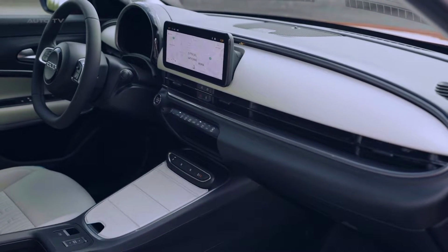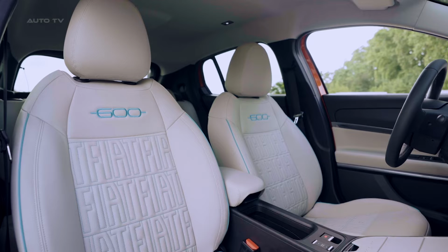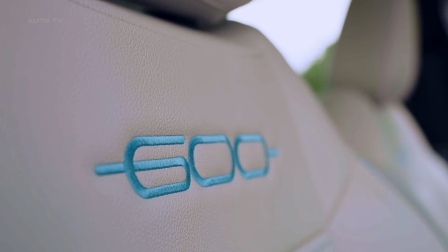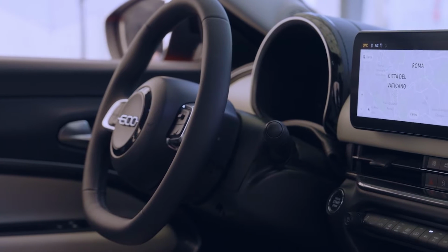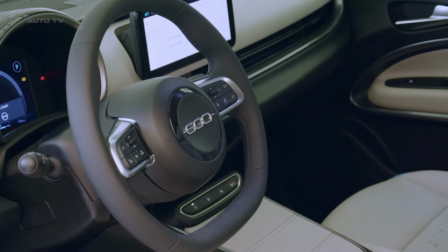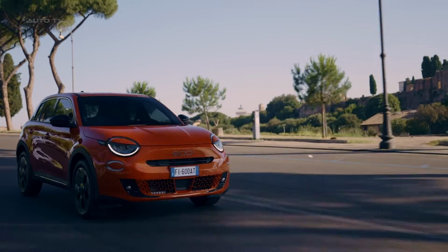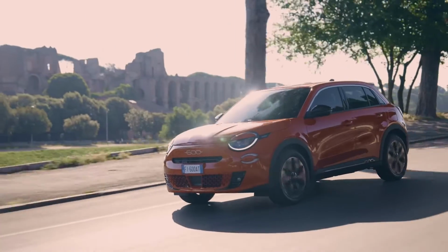Vita. The interiors also include chromotherapy features and massage functions that offer a truly multisensory experience. The 600e is packed with state-of-the-art assistance and safety features, providing the benefits of urban and extra-urban mobility with Level 2 driving assistance. It's often referred to as the big sister of the new 500, embodying the new Fiat BEV icon. There are two versions presented, the high-end Prima and the Fiat 600e Red for those seeking an accessible and